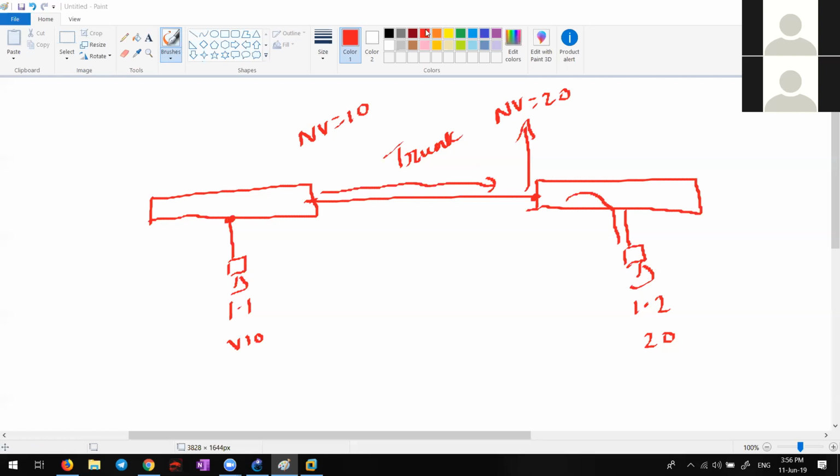Okay, Janvi, you only told native VLAN mismatch, right? So how does the native VLAN mismatch error look like? You have seen it, right? What is the reason for native VLAN mismatch? When I try to give the native VLAN command on the other end of the trunk, then it gave the error. Okay, but have you read the native VLAN mismatch error message completely? Yeah, a long time ago, but I don't remember it.